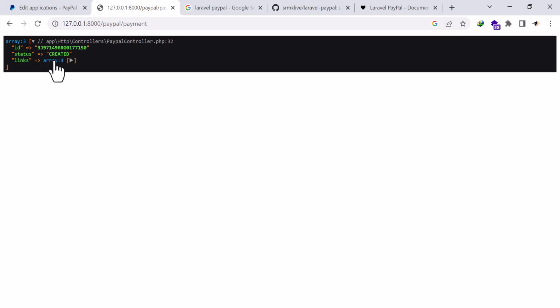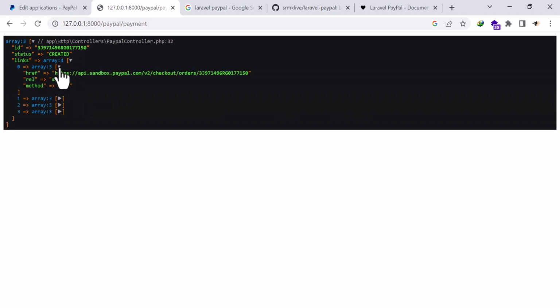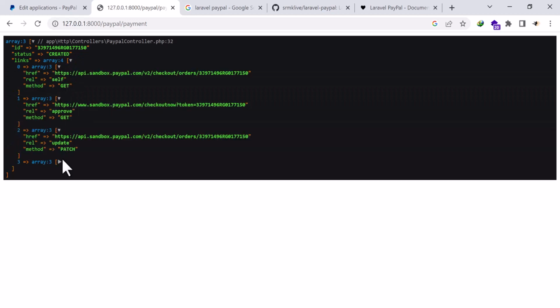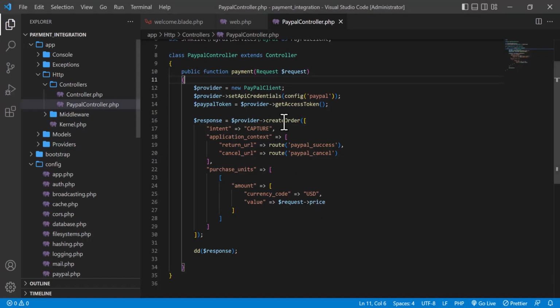and here you see there is a status and no error here. The ID I get from here, this is the status, that is created status. That means that you can now give the payment, right? So the status is okay. So the PayPal response is working here. Now what I will do, as the PayPal response is working here, one thing for you to understand, when you